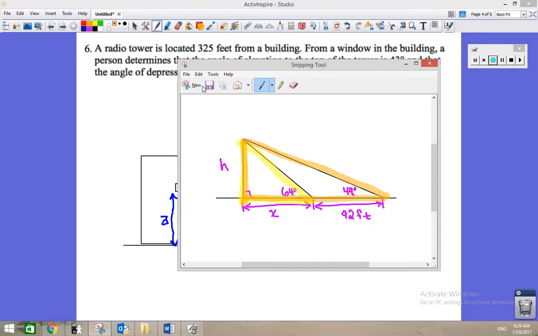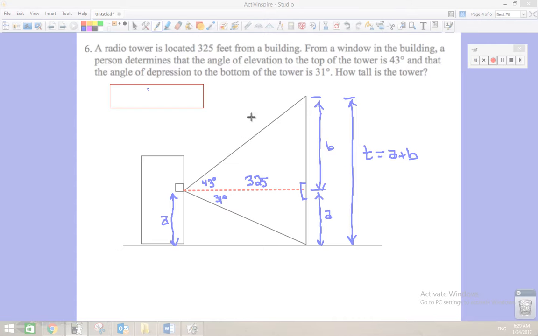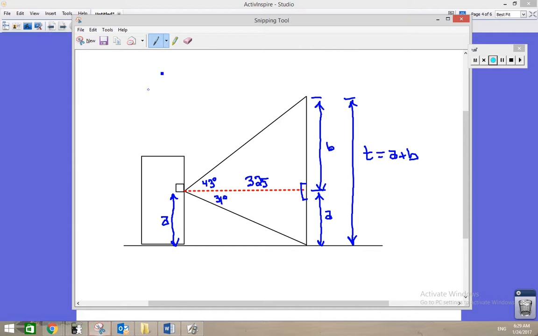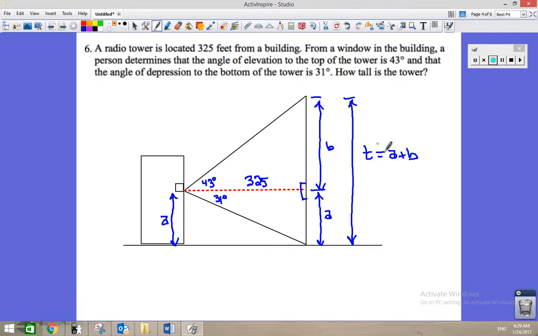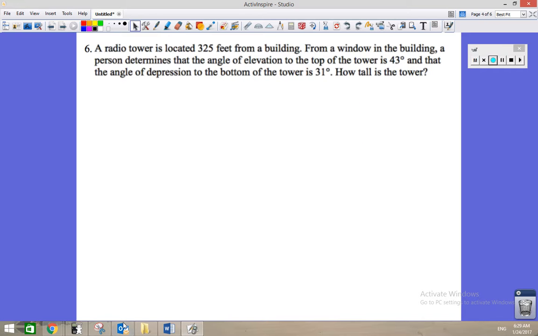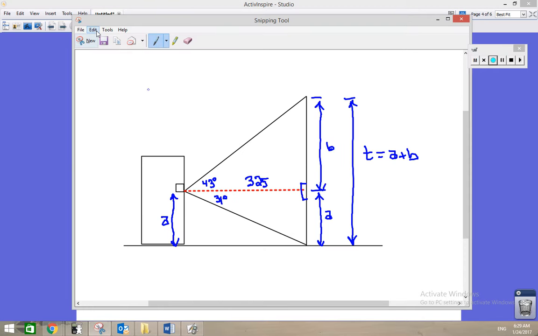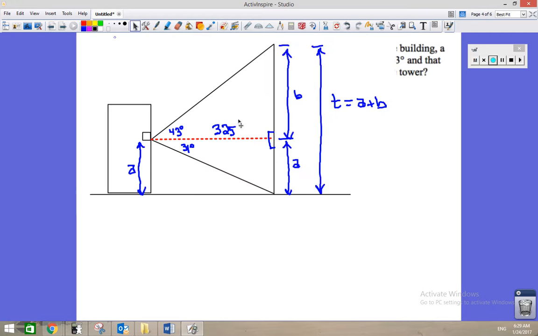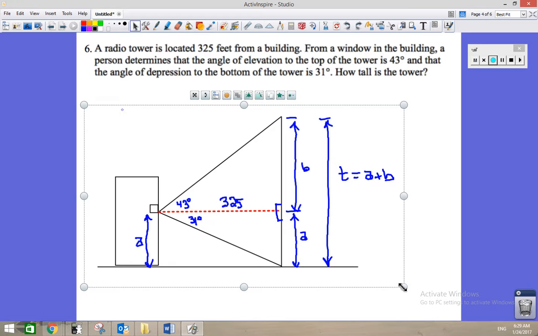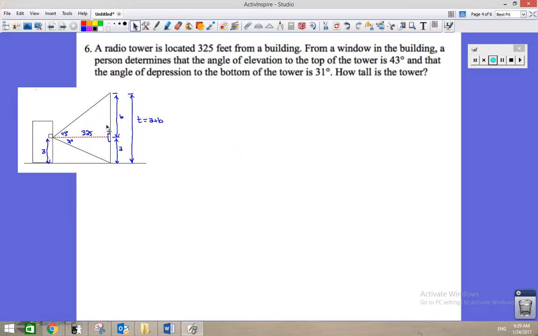Let's come in and get a picture of this. I've drawn this so big that I need to get rid of it to have room for, and unless you take a picture of it like this, it doesn't shrink well. Alright, so